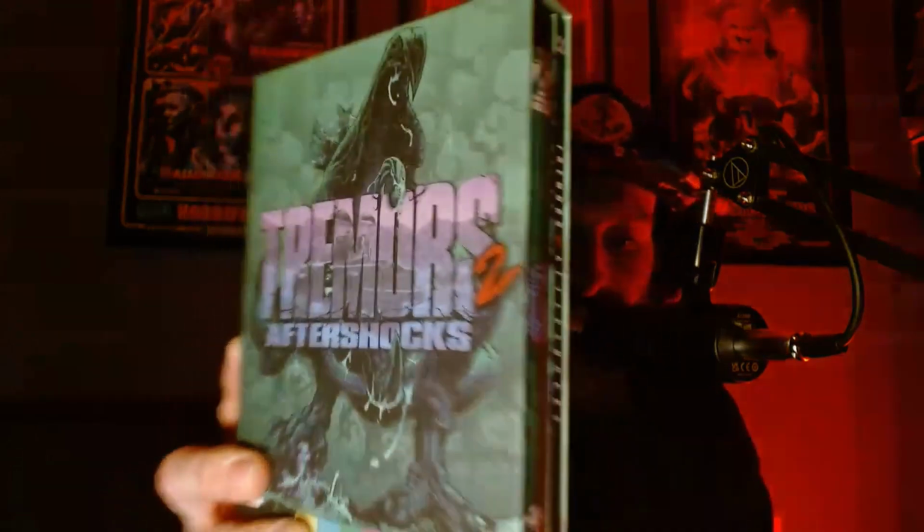So the other title I grabbed. Now I'm glad that I was able to get this on sale because I wasn't really willing to pay full price for this. I'm a fan of this movie, but the first one is so much better by leaps and bounds. But it's Tremors 2 on 4K, and this is another LE full slip. I don't think this is the exclusive version. I think Arrow had an exclusive version in which the green background here is more like a sand colored background, which actually might look a little better,